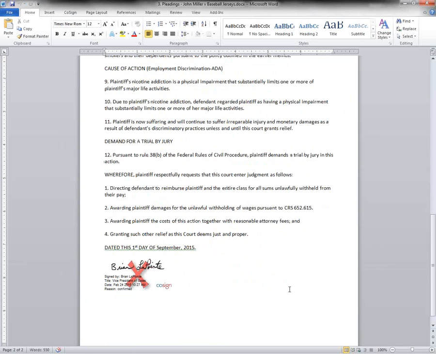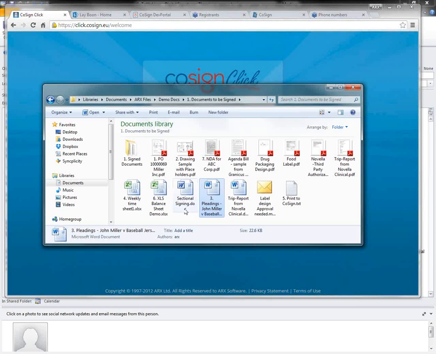Think about what you do today when you save things and you copy them into multiple formats. You create it in Word and then you save it as a PDF to send it out to somebody. Here you can just send it out as a Word document. And the same is true, it works the same with Excel.